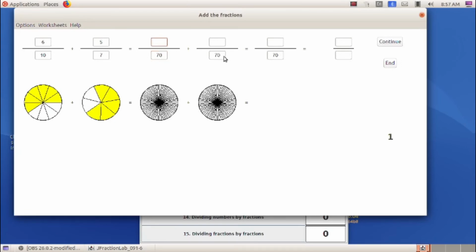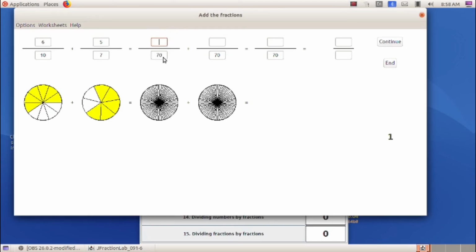So these boxes will be automatically filled because the denominator is 70. Now we need to fill the numerator boxes. The cursor is automatically blinking here. We need to enter the correct answer in this box.